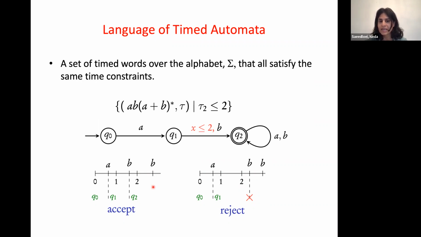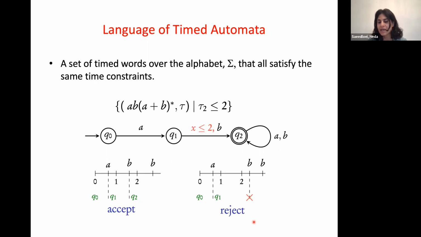But as you see, the time constraints, in particular the time difference between the first B and the first A, is less than or equal to 2. Therefore, this timed word is accepted by this machine. However, on the right side, I see another example of a timed word that cannot be accepted by this machine